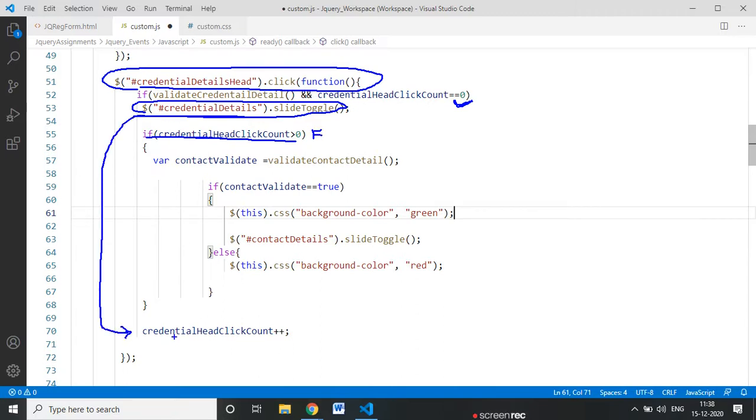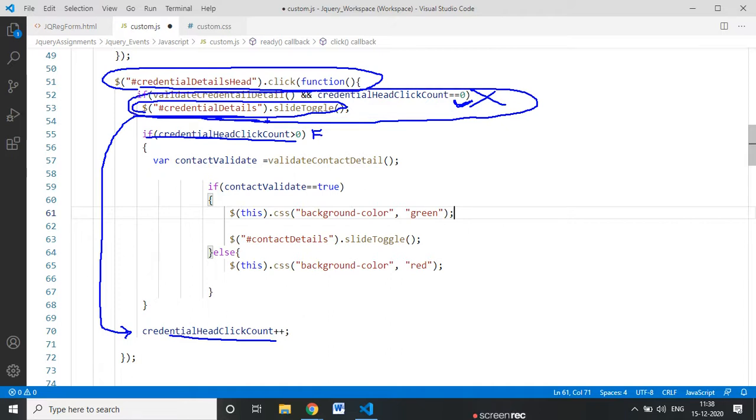It will increment the credential count by 1, which means the next time I click again, this condition will not execute. It will directly come here and check, and yes, it's true because the count is +1, and then it will enter here and do the validation.